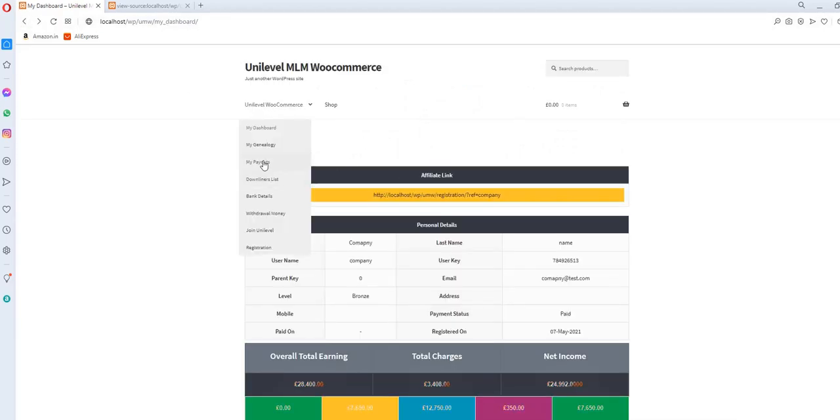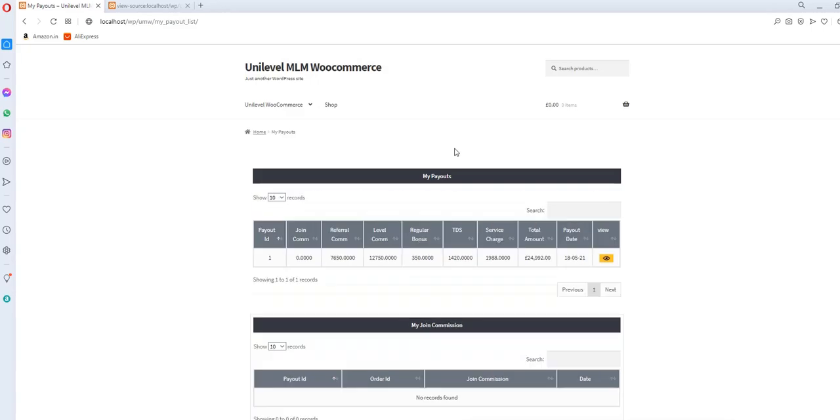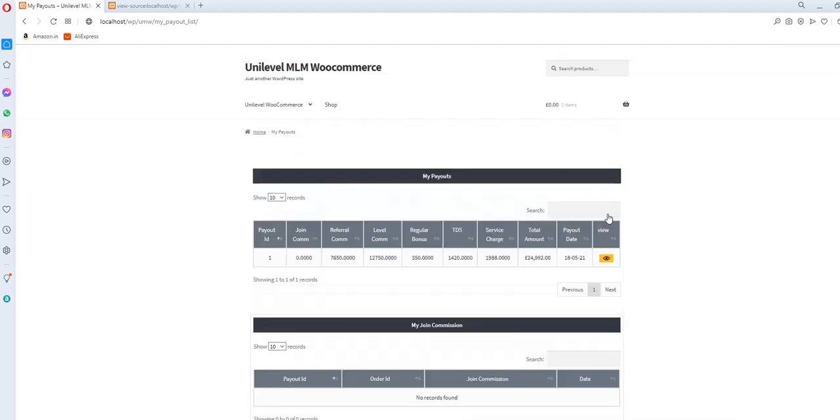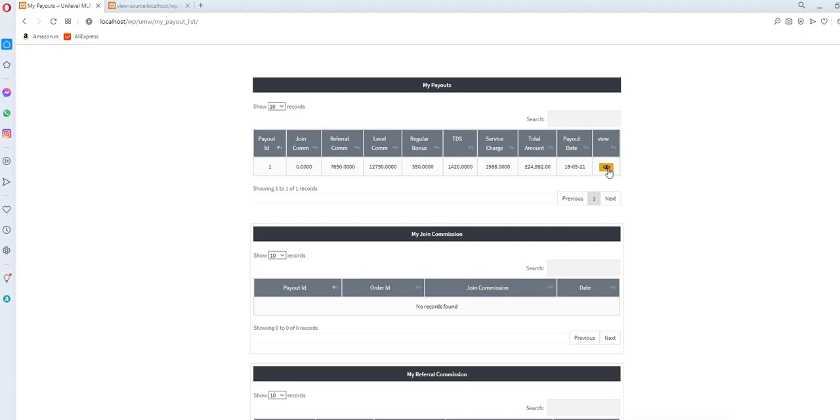Now I am going to the payout section. Everything in the payout, like the joint commission, referral commission, level commission, regular bonuses, TDS, service charges, everything. If you check the calculations, the total amount will be 249920. Now I am clicking on the payout list.